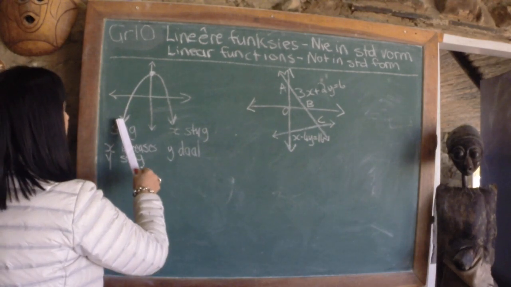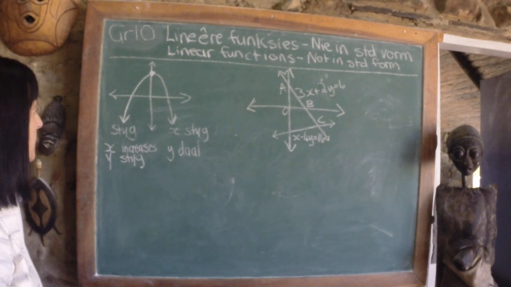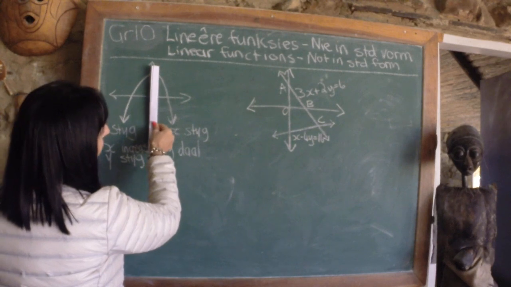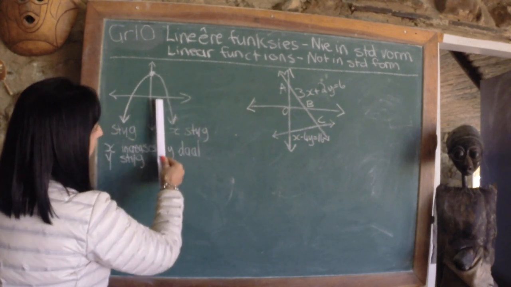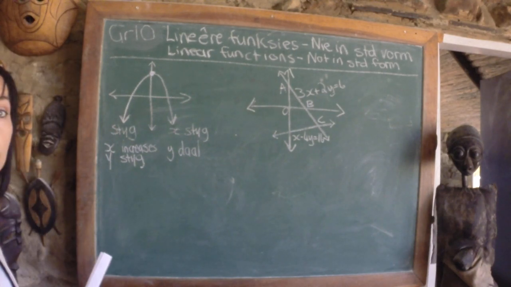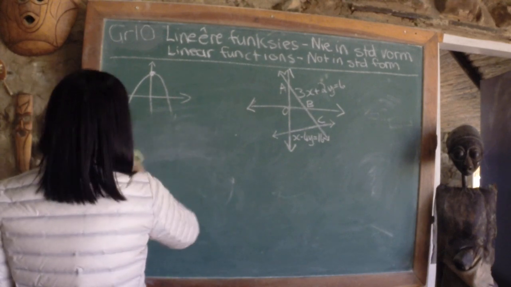When this function is increasing over here, the x and the y values increases, maar wanneer hierdie funksie nou daal, dan vergroot die x-waardes nog, maar die y-waardes word nou kleiner. Just that concept that I wanted to show you before I start with the linear functions that's not in standard